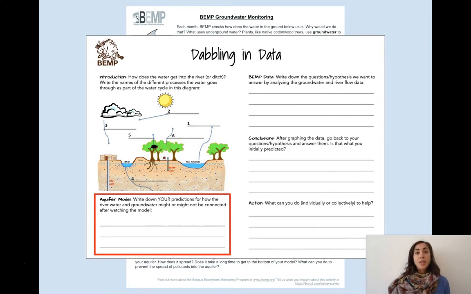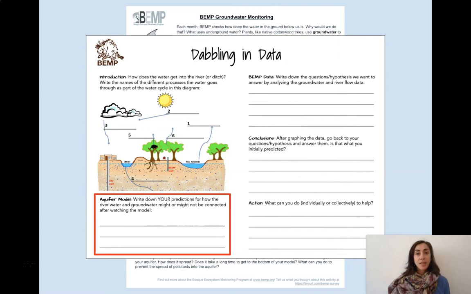But before we do that, I want you to think about some predictions that you might try to answer looking at BEMP data. So if you look at our worksheet, there is this section after watching the Aquifer Model video. And what it's asking you to do is to write down your own predictions of how the river water and groundwater might or might not be connected after you have seen the video and you have seen how the model works. So one prediction could be that if you think that the river and the groundwater are connected, then maybe you will see the data change very similarly. So maybe as the water in the river goes up, the groundwater goes up, and if the river flow goes down, the groundwater goes down as well. So they mirror each other. That could be a prediction if you think the groundwater and the river water are connected. You can think of other ones. We'll give you a couple of minutes to think about that, and then we will move on to look at